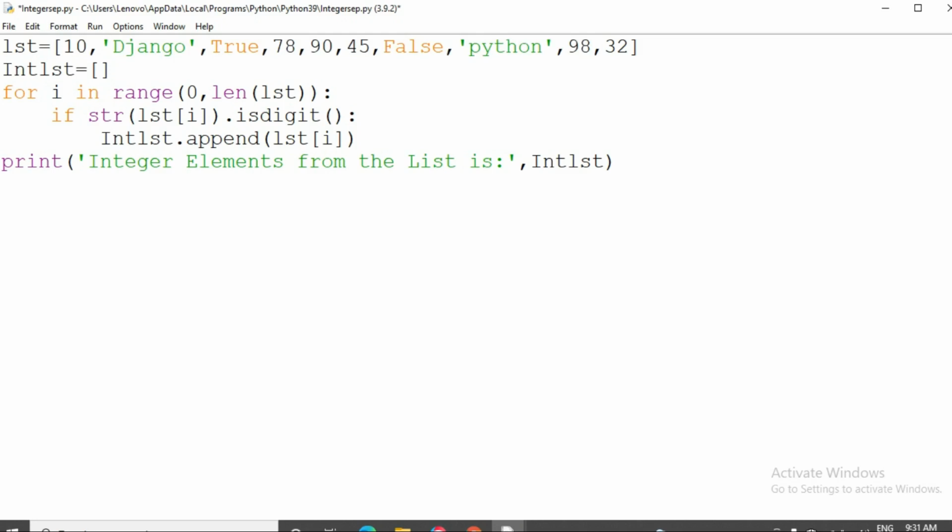It will check up to the range of the list. It will check the condition. It will continue this loop until the range of this list.